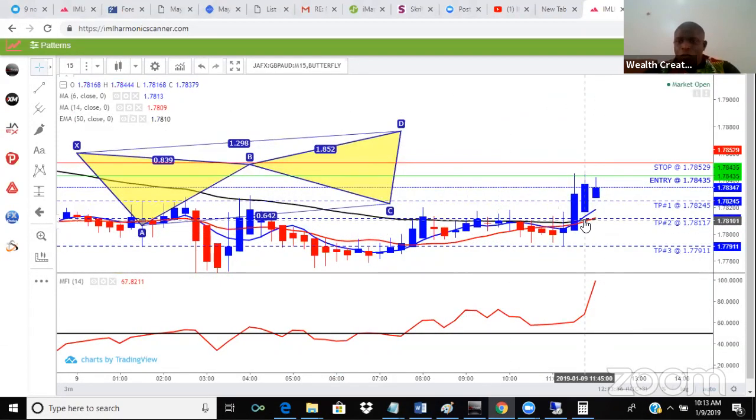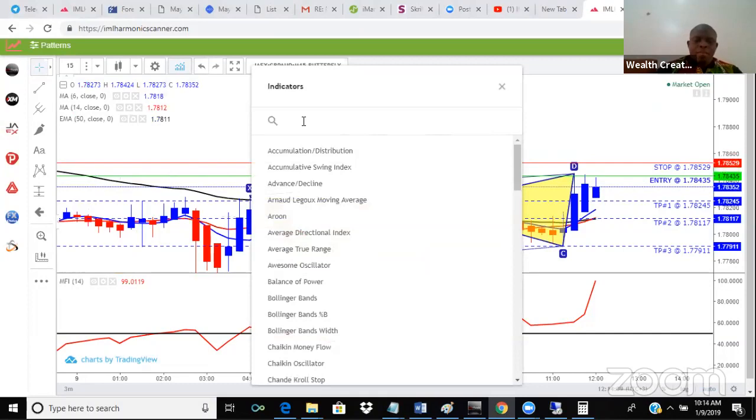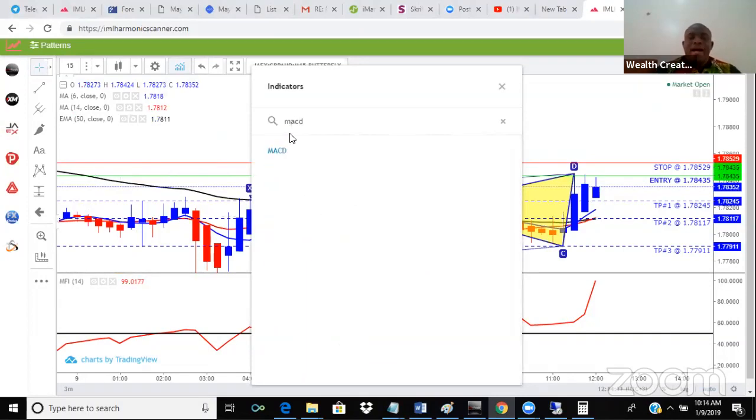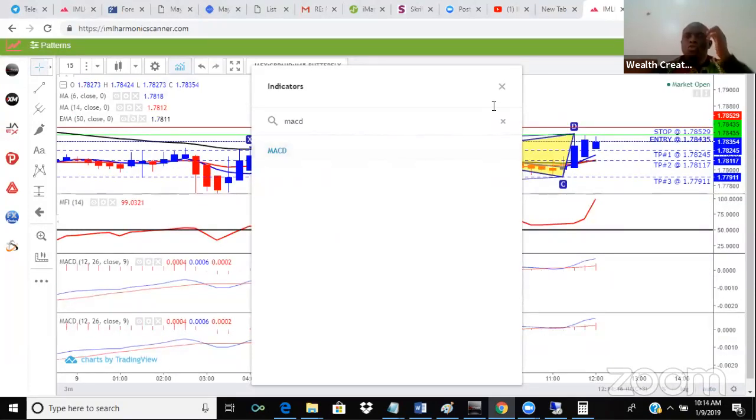The momentum I started gaining for this, you can see that it was above it. So I'm going to move further to add the MACD. I'll be including two MACDs in the market, one, and I'm going to add the second one, MACD 2. So two MACDs are on the screen now.